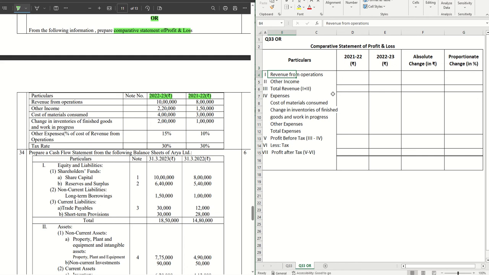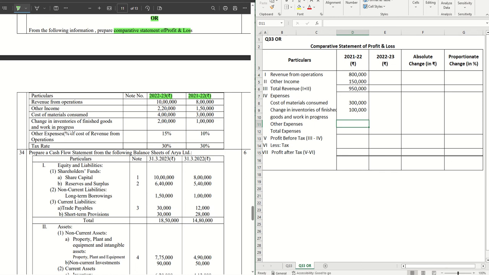Revenue from operations, we have for the previous year 8 lakhs. So let's put that. The other income is given here in this case, so 1,50,000, right? So total revenue in that case becomes 9,50,000. Okay. Under expenses, we have cost of materials consumed. Straight away, it's given as 3 lakhs, so we put that 3 lakhs. Then we have changes in inventories of finished goods and work in progress, which is 1 lakh, so we put that here. Total expenses, we have other expenses as well before that, which is percentage of cost of revenue from